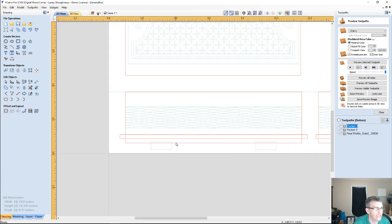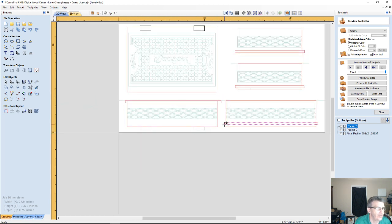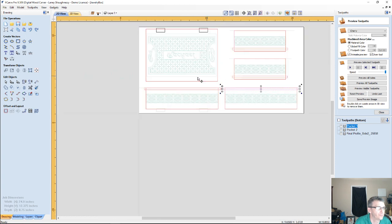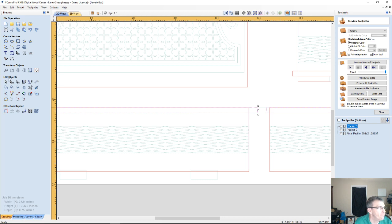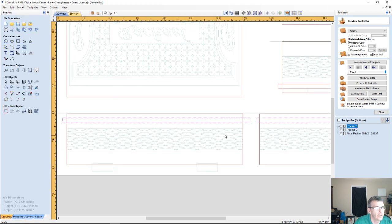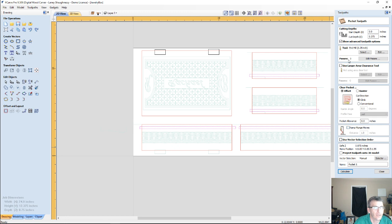My box is, these grooves are exactly 1/4 inch from the edge here. So if I come in and grab this guy here and move him, grab him and snap him to the corner there, and take and grab him and snap him to the corner there. If I take both of them and I move them, the top corner, these 2 guys here, let's do one at a time, relative to its position. Oops, sorry. X and Y, Y up and down. So we're going to go negative 0.25, negative 0.25. Go. And if I go into my pocket toolpath and I recalculate them,